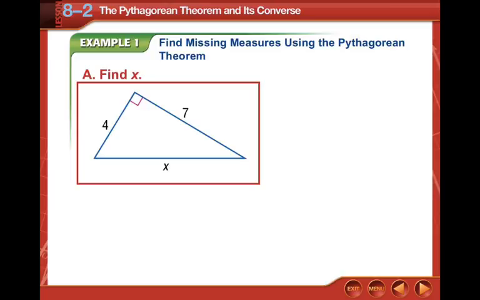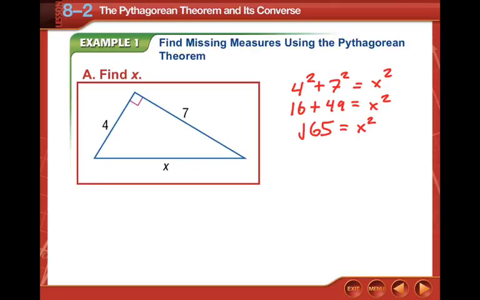So our a and b can be either 4 or 7. It doesn't matter which one's which. So 4 squared plus 7 squared equals x squared. 4 squared is 16, and 7 squared is 49, equal to x squared. 16 plus 49 is 65, equal to x squared. And then we square root both sides, and the square will cancel with the square root. And the square root of 65 comes out to be almost